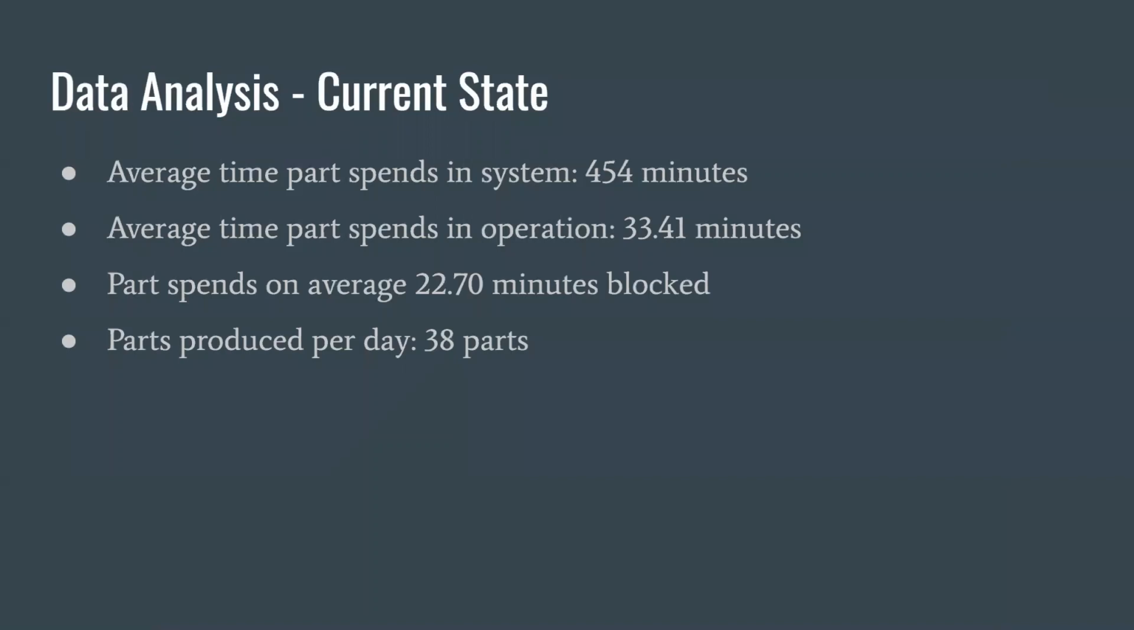Using the data we collected from this facility and inputting it into ProModel, we can see that the average part time spent in the system is 454 minutes, and the total time the part is being operated on is 33.41 minutes. This means that during 2 8-hour shifts, their daily production rate is only 38 parts, falling very short of